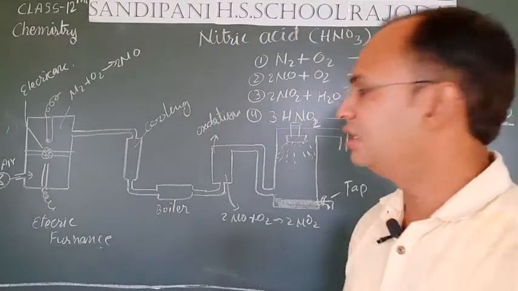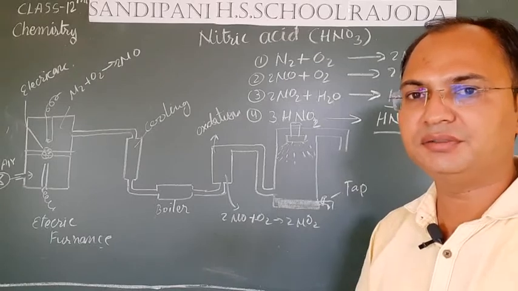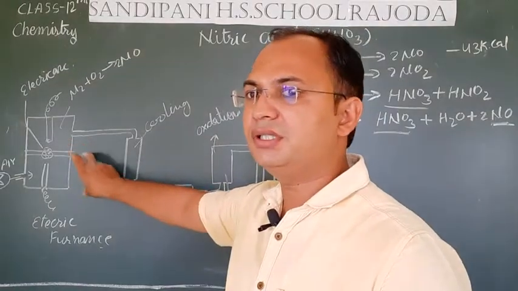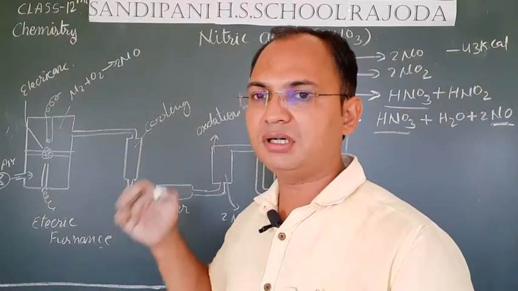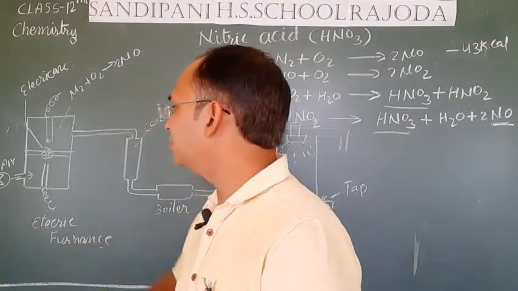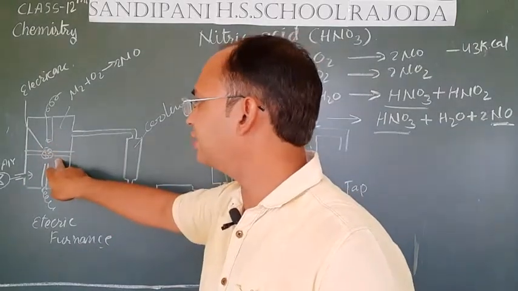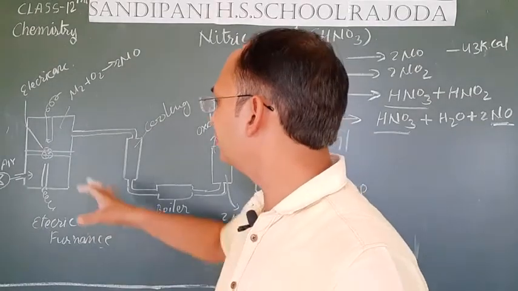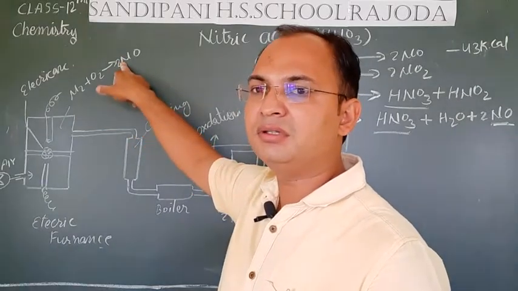See students, here this is the setup for the arc method for the preparation of nitric acid. In this setup students, an electric furnace, you can see here this electric furnace contains two electrodes at which a high potential electric charge is flowed. Here the air is intaken from this chamber, and in due course of the electric arc that takes place in the middle of the electric furnace, the combination of nitrogen and oxygen takes place and formation of nitrogen oxide also takes